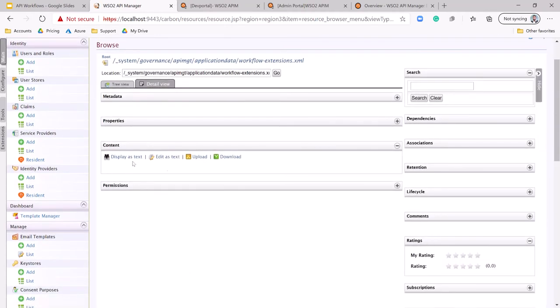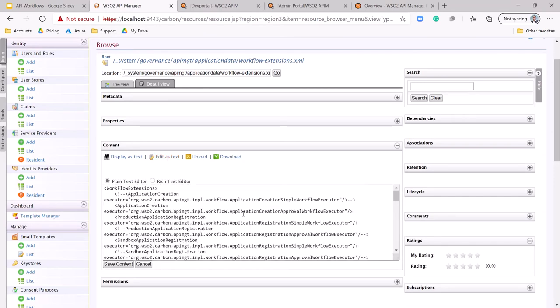When you select workflow extensions option, this allows you to edit all the workflow extensions, and you can select edit as text option, and here you can enable or disable workflow executors depending on your requirement.